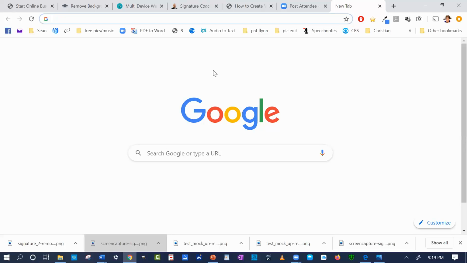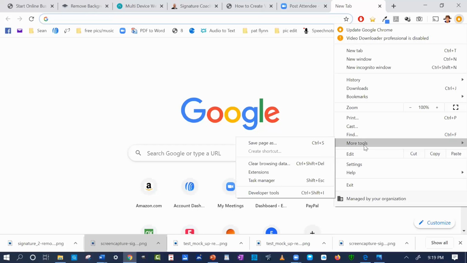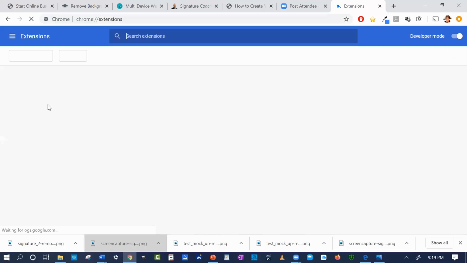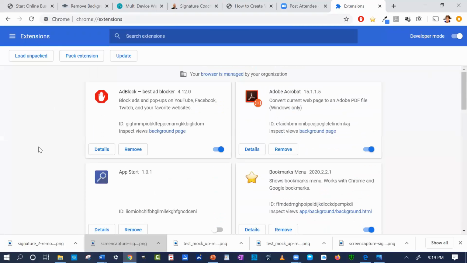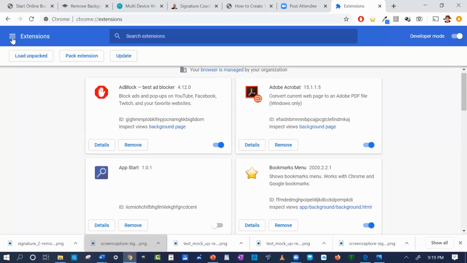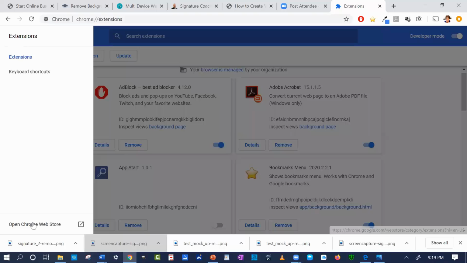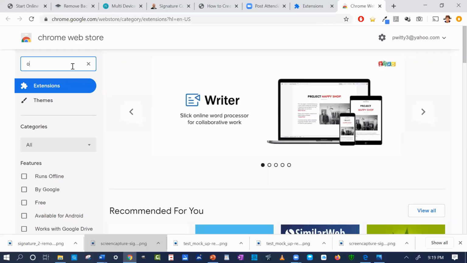The extensions are over here, in the tools, and go to extensions. I already have it loaded in mine, but what you would want to do is open the Chrome web store,